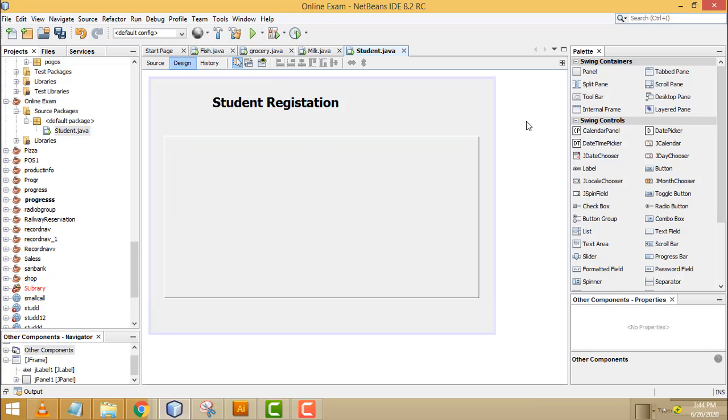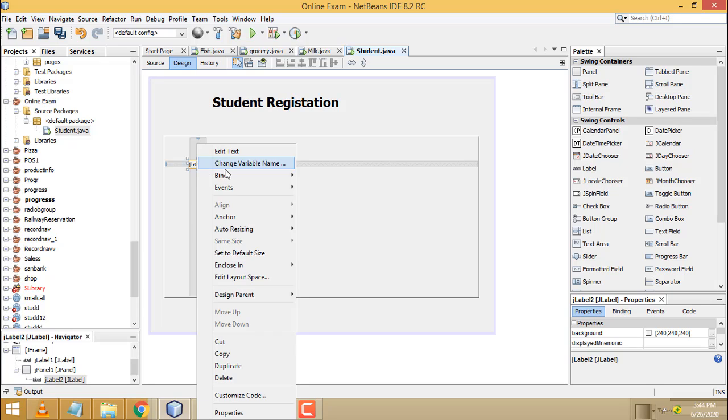Now I am going to drag the labels. First one is the student name.